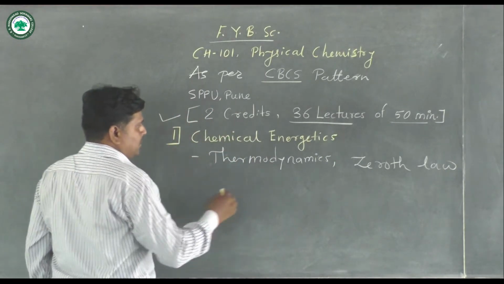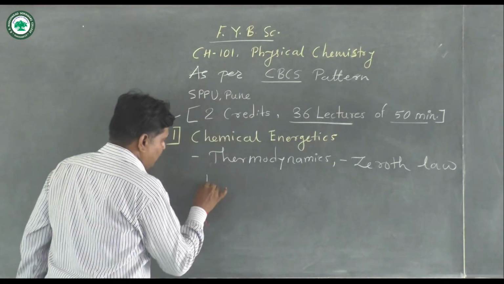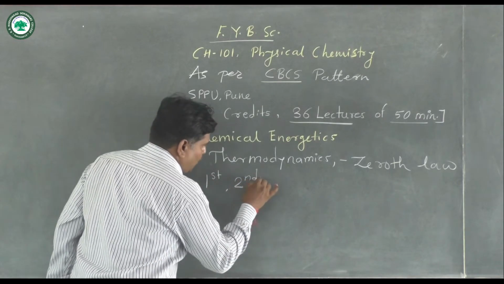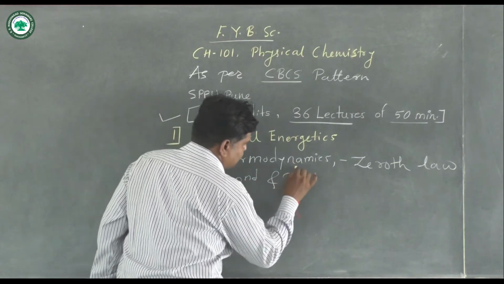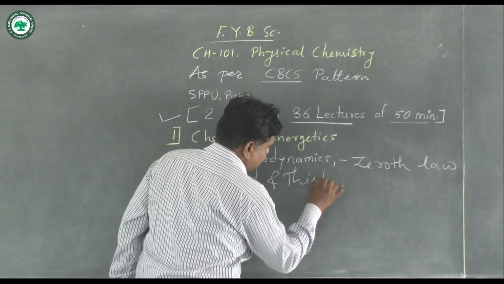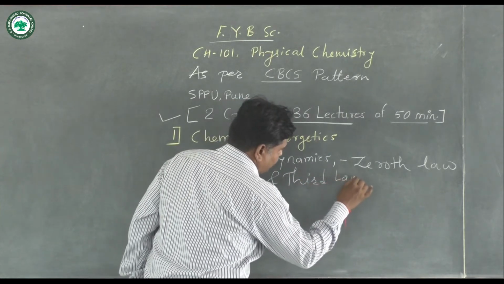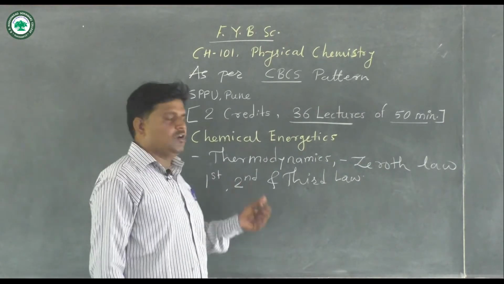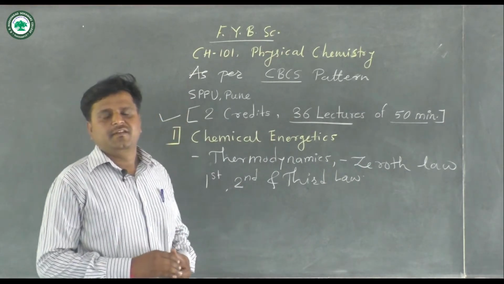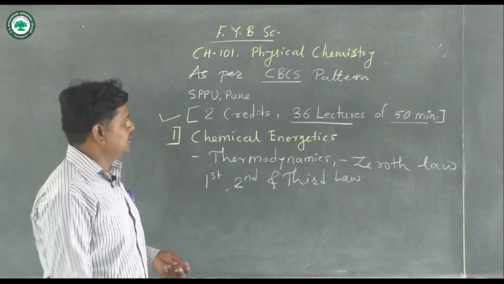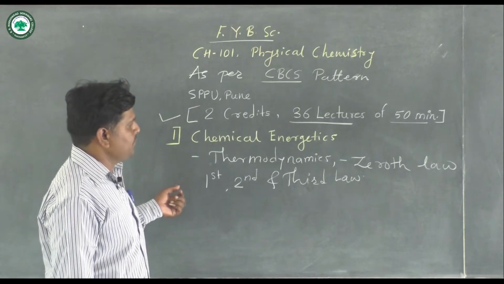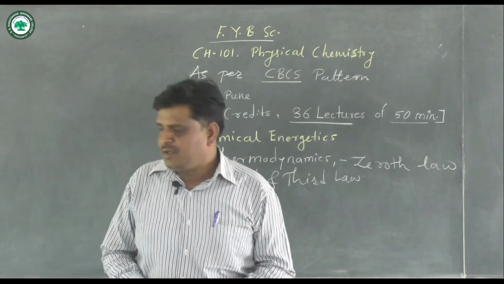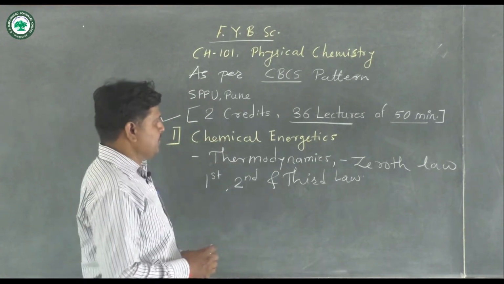In thermodynamics, Zeroth law, first law, second law, and third law. These laws we already discussed in the previous year in 12th class. Okay. Then the next point is important principles and